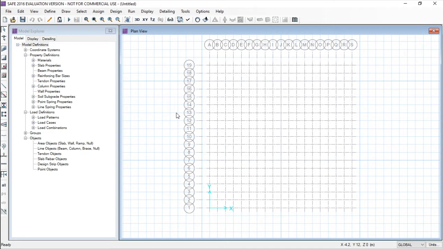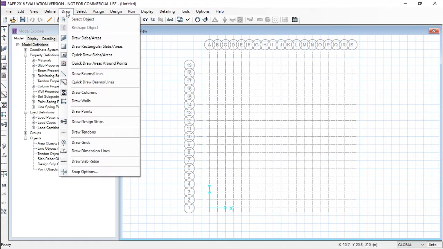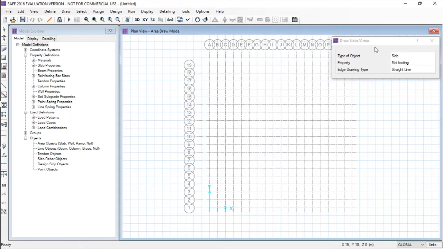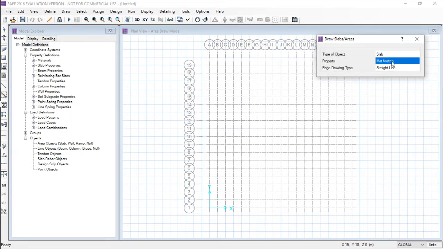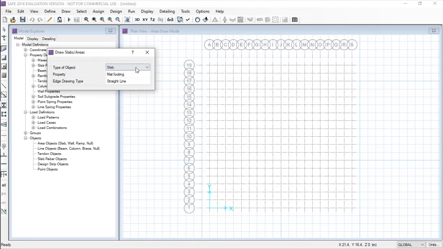After that, we have to draw the slabs or the sections, the slabs and the columns and the design strips. So let's draw the sections. Go to the draw menu and select slabs for drawing the slabs. Over here, obviously the property will be mat footing, the edge line is a straight line, and the type is slab.